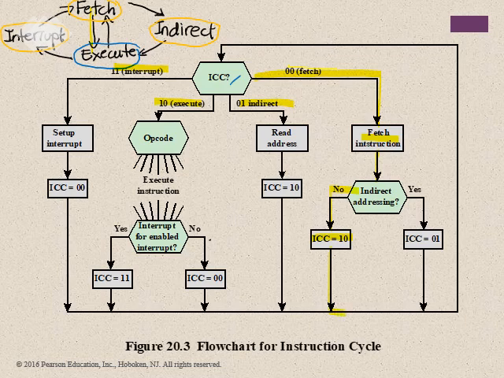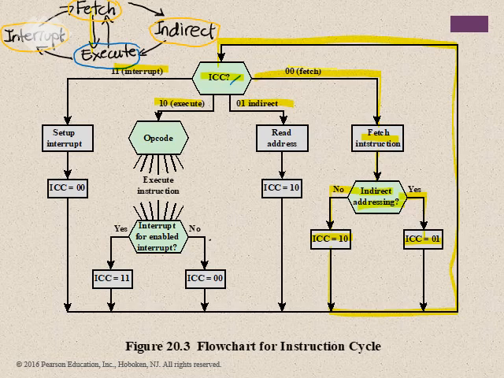And then you must follow the arrow to the right. And you come up here again to ICC. And then is it interrupt or fetch? You figure it out. Okay, go back to the indirect addressing question here. If it is indirect, students know what to do, right? We need to go to the indirect cycle. So ICC is 01. So either execute or indirect, you have to go back to,